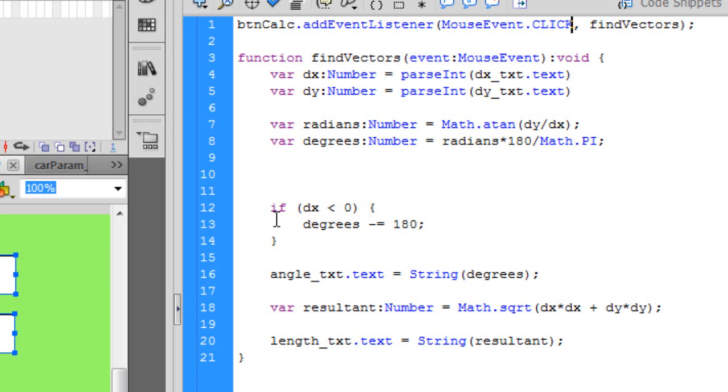And if our dx is less than 0, then we're going to make it a negative number, which makes it kind of a positive number, so we'll get a positive answer. So we're going to make a minus 180. Okay, so if it's less than 0, it's minus 180. angle_txt, which is what goes in this dynamic text box, is going to be the string of the degrees,